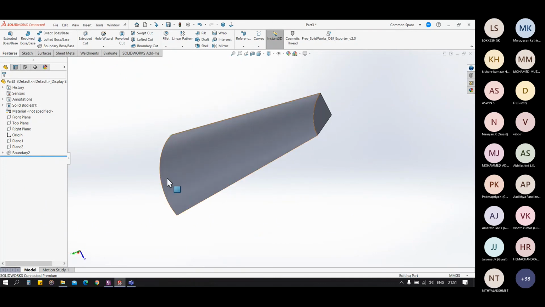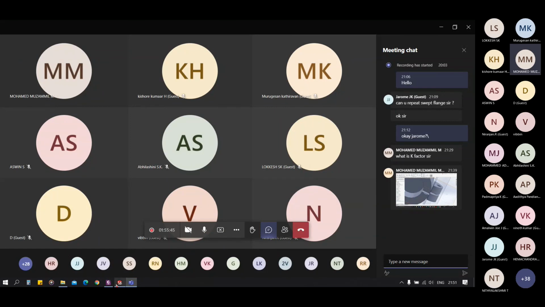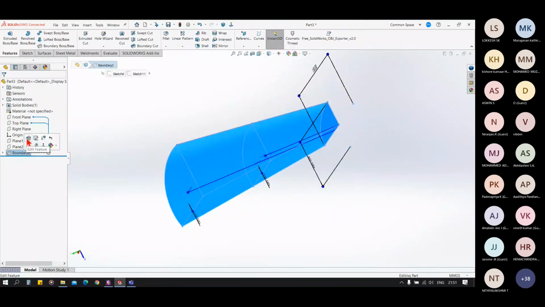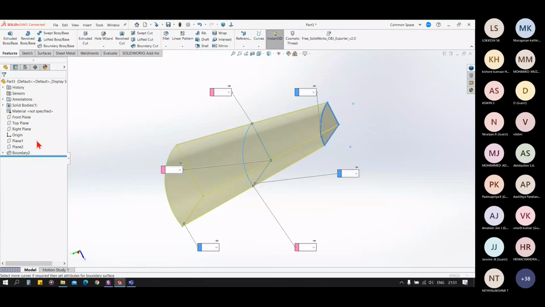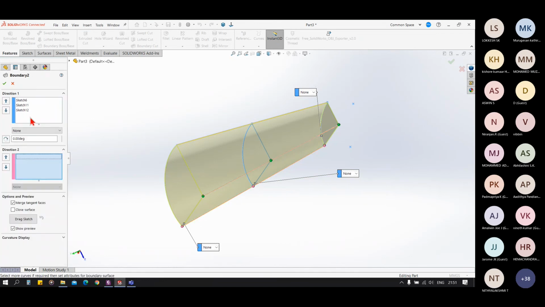Sir, why did you select open loop, sir? See, in direction 1, all the sketches were closed loops.